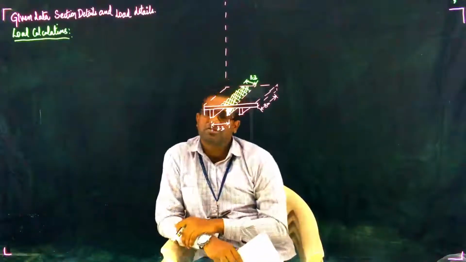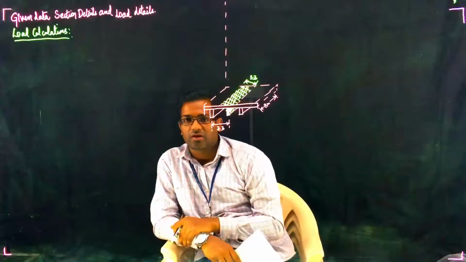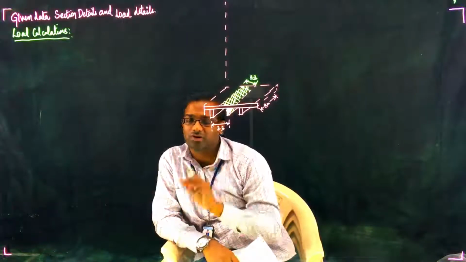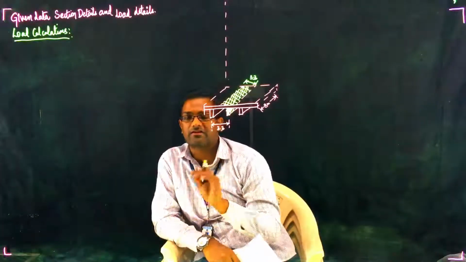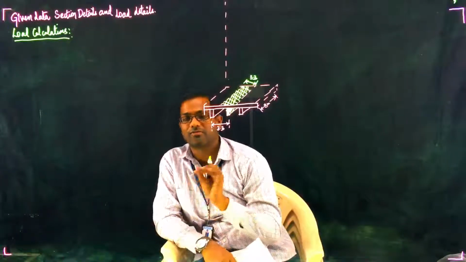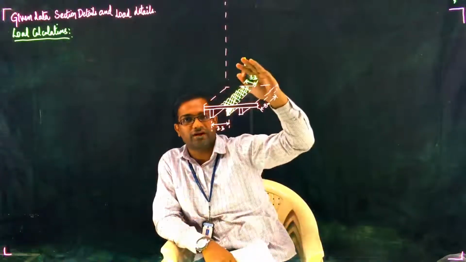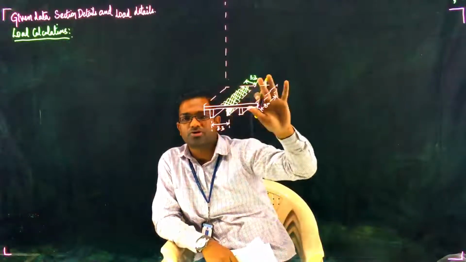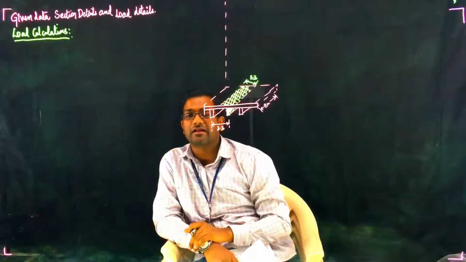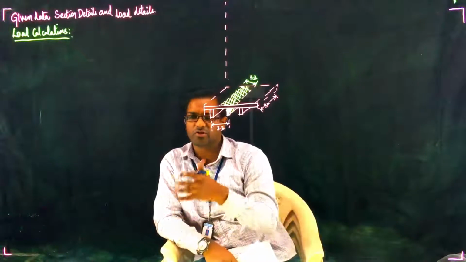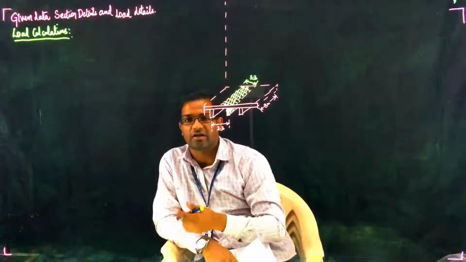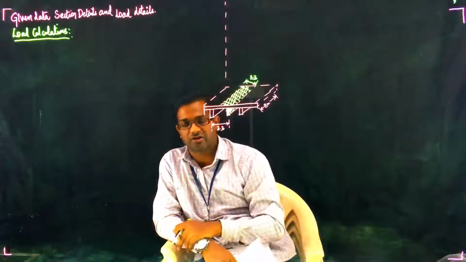In load calculations, if you take a look at the problem, there are some values which are given in kilonewton per square meter, and there are some values which are given in kilonewton per meter. First we come from top. The topmost portion of the slab is called finishing loads. Finishing loads is nothing but the floor loads, the tile loads, whatever we are laying.